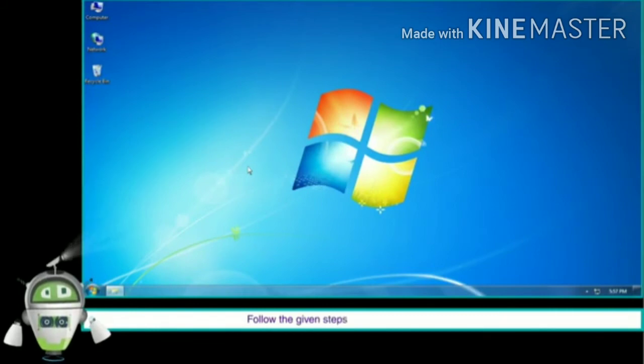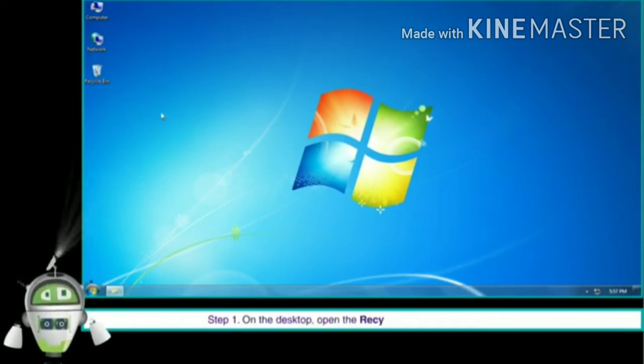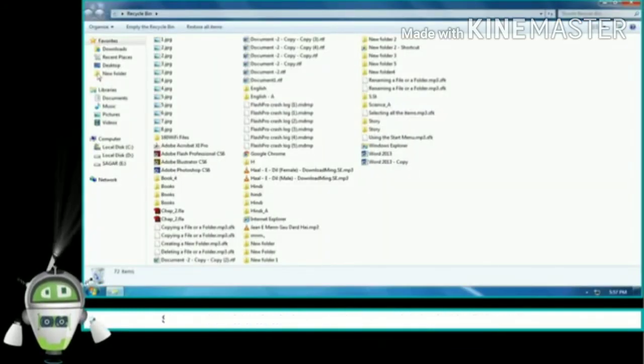You have to follow the given steps to restore the files or folder. First of all, step 1: on the desktop, open the recycle bin by double clicking. You have to double click on the recycle bin. Your recycle bin will open.